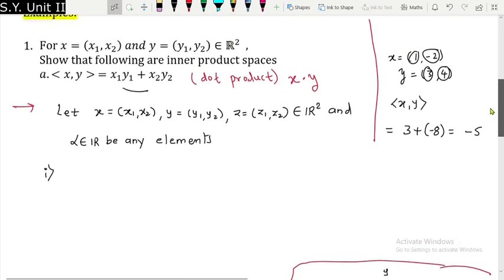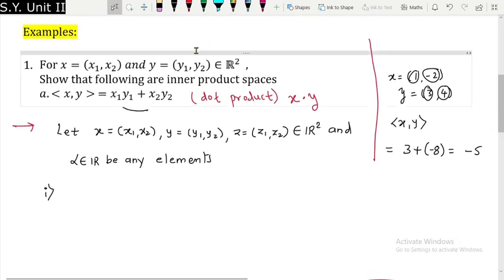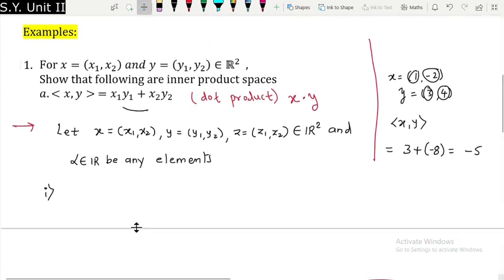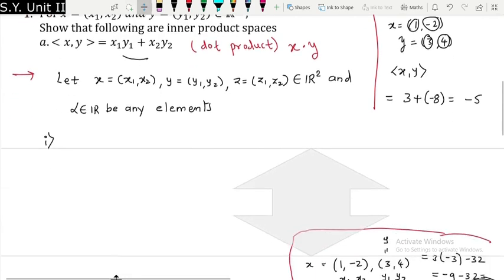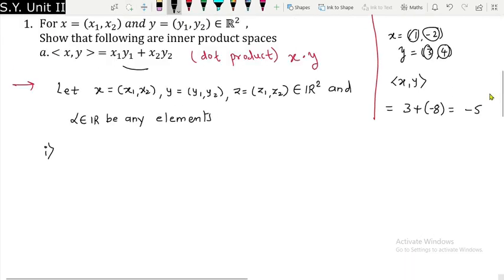Now let us verify all the properties of the inner product for this particular example, and let us prove that it is an inner product space. So first of all we have to find the inner product of x with x. I'll say consider the inner product of x with x. Since we have to prove that it is greater than or equal to 0 first of all, it will be equal to what? Since we already have the value of x as (x1, x2), see how the inner product is defined. This is important to understand.